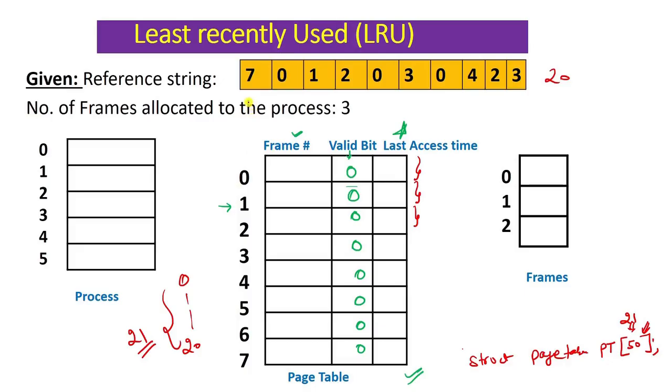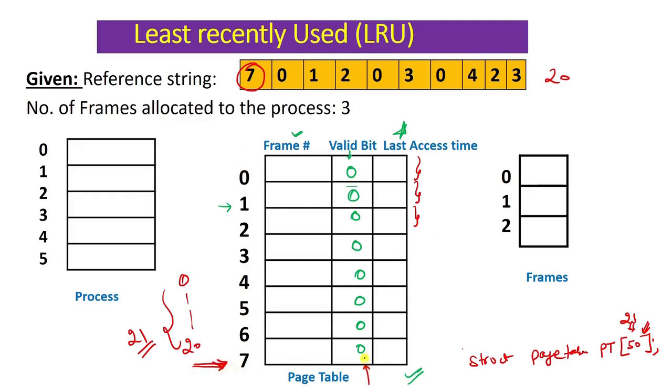Let's say this is the page table. Let's say 7 was accessed. We will first search whether 7 is present inside the frame array or not. But we will not apply any linear search on this frame array to ask whether the page 7 is present inside any of the frames. We will directly go to the page table, like an array, and directly go to the 7th page and check its valid bit.